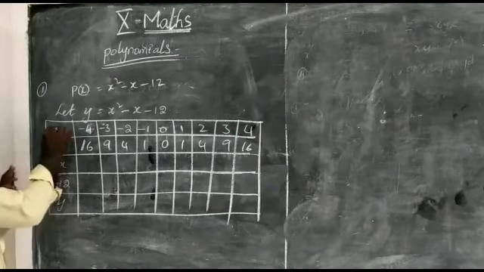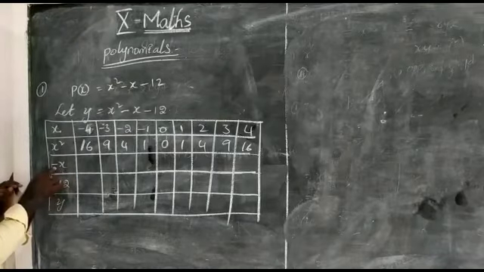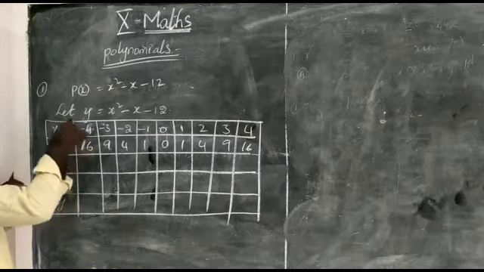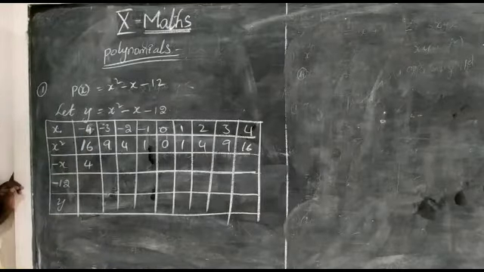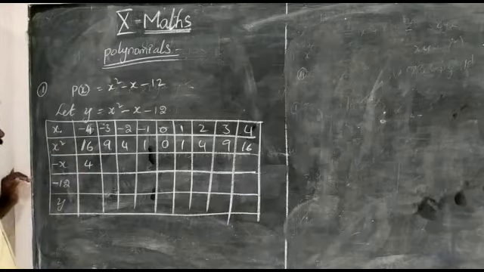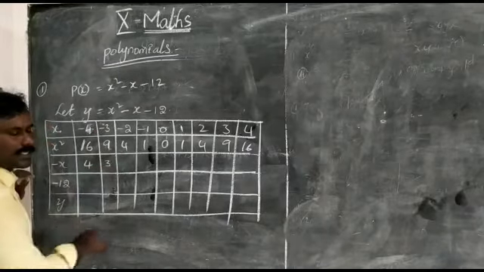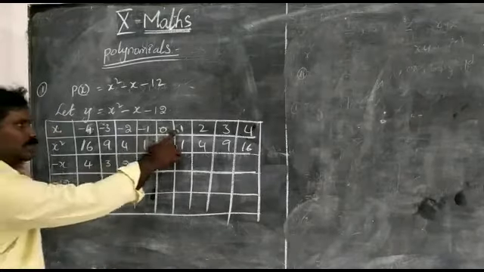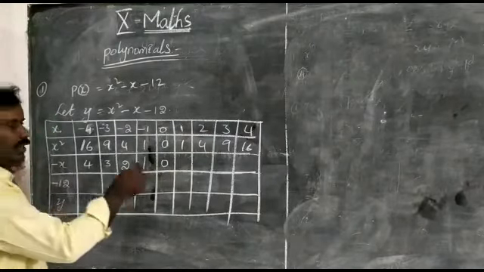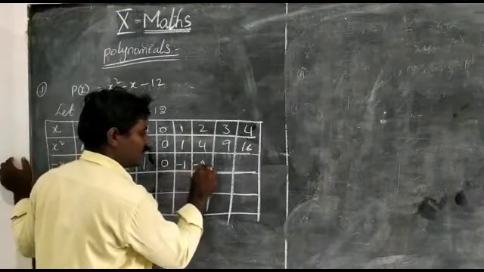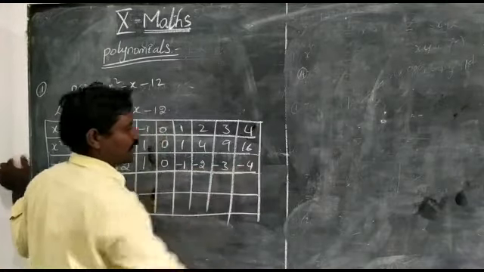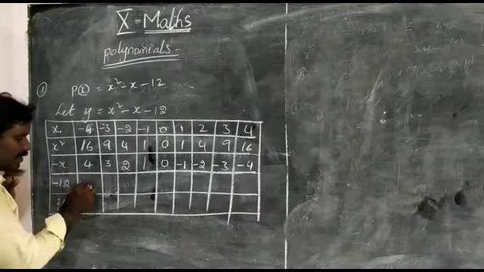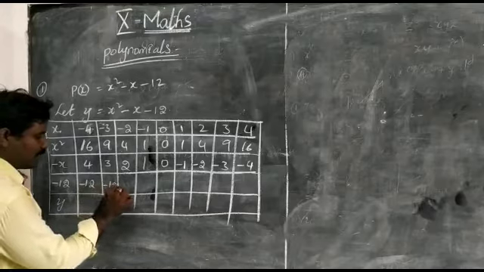Now the difference between x and minus x is just the symbol. Here it is plus x and here it is minus x. That means if it is minus 4 you change the symbol, so it is plus 4. Minus into minus is plus, that's why. Minus 3, now we write plus 3, plus 2, plus 1, 0. Now for the positive values, write negative: minus 1, minus 2, minus 3 and minus 4. Now this is the constant minus 12, write minus 12 in all the boxes.